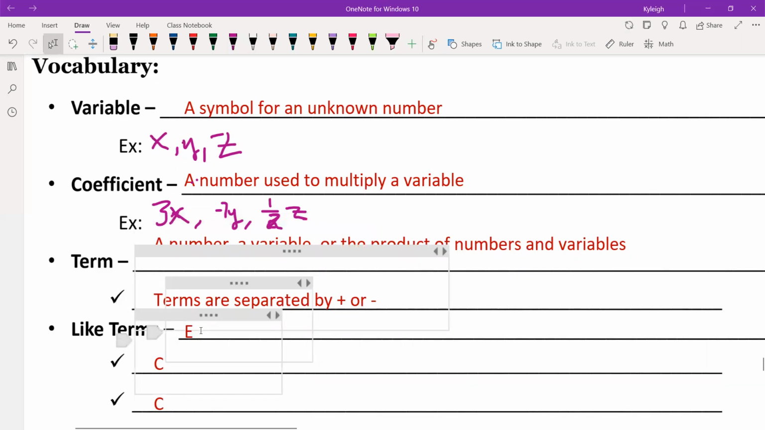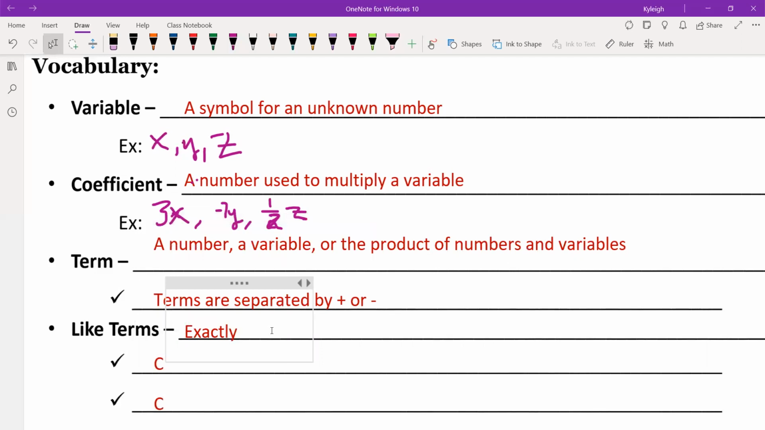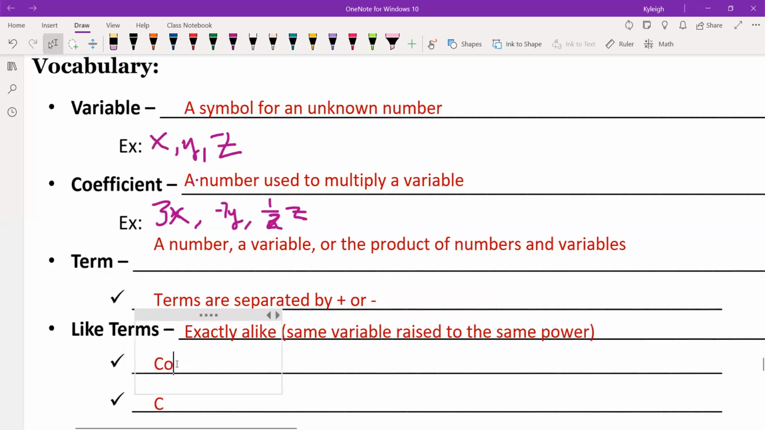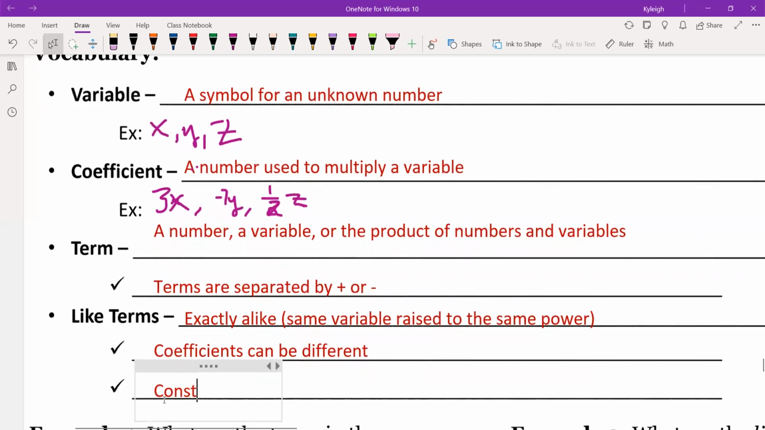And then there's special terms called like terms, which are exactly alike. So that means the same variable raised to the same power. Coefficients can be different, and constants are alike terms. Okay, so if you need to get all that down, pause, but otherwise I'm going to keep